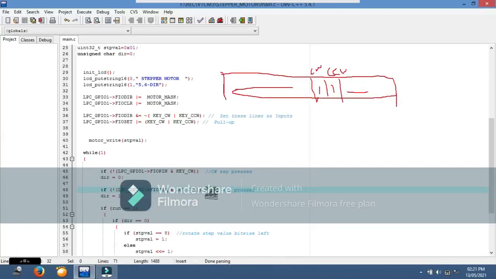After that, when a key is pressed, say this key CW, the 5th key, when it is pressed, this will become 0. When there is no key pressed, it will become 1, where all others are 0. When a key is pressed, it will become 0.